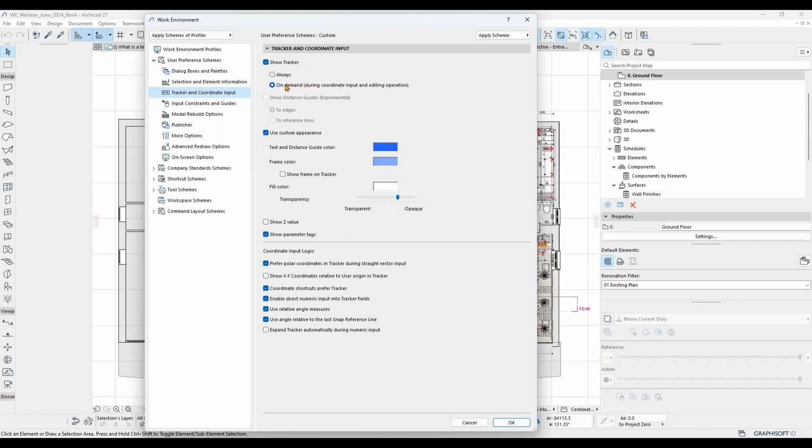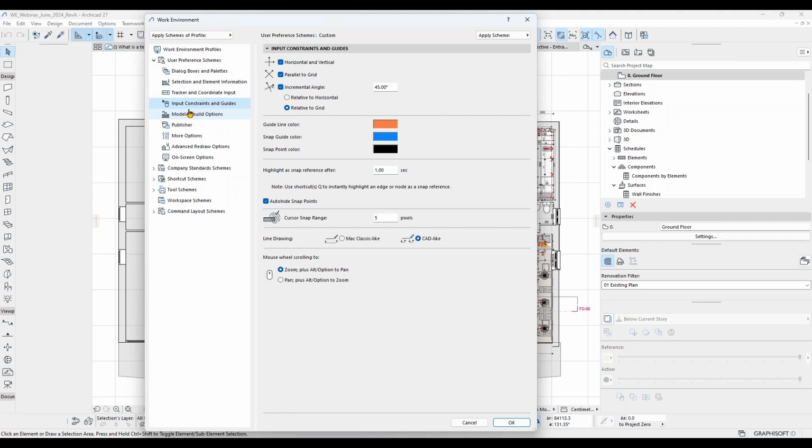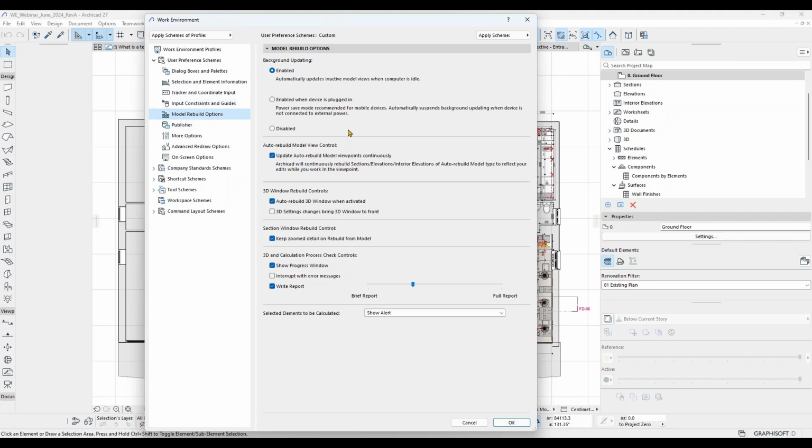So the tracker can also be changed, and the input, the model rebuild options. Suppose we change one of these settings on the auto rebuild model view control. If we do not want to update the viewpoints automatically, then we can switch this off, right? So this will stop the rebuild for all the sections and elevations and interior